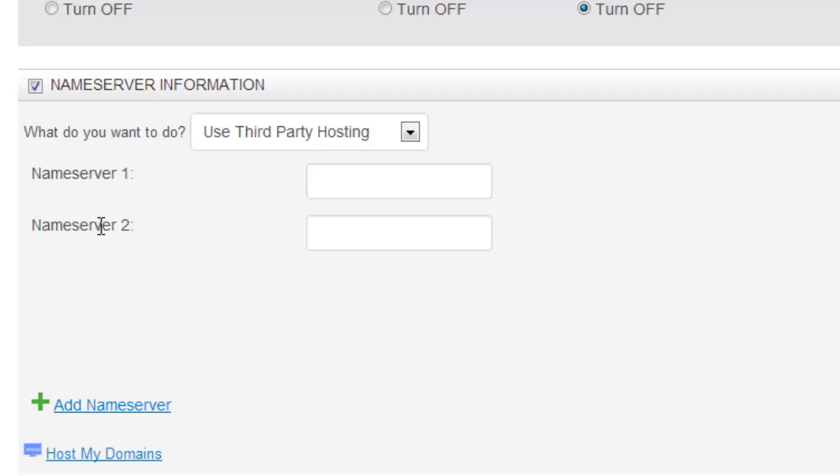And then they're going to give you usually 2, sometimes more than 2 name servers. So everybody's name servers are going to be slightly different. In this case, the name servers you need to use are going to be provided to you when you sign up for hosting. And so I'm going to put some name servers in here. They're probably the ones you're going to need if it's something that's hosted with pawprint, but things may change after this video is produced. And always use the ones that you've been sent in the email exactly as they're sent, and you can then just copy and paste them in. It's a little bit easier. But the ones I'm going to use here are